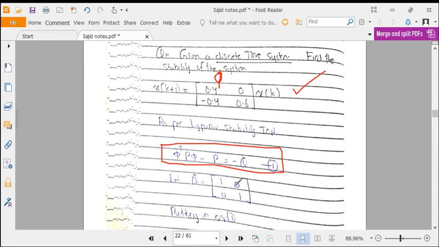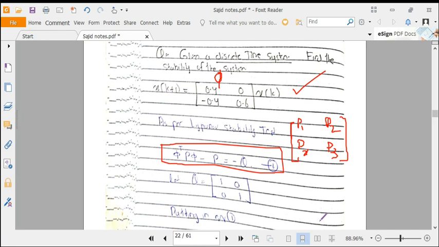So we have two ways of solving this equation. Either we choose p to be p1, p2, because we have to take it as a symmetric matrix, so again it would be p2 and p3. We have to choose this matrix as positive definite and symmetric. We can take any values for p1, p2 and p3 and solve this equation, and it should come equal to minus q. Here q is again a positive definite matrix.